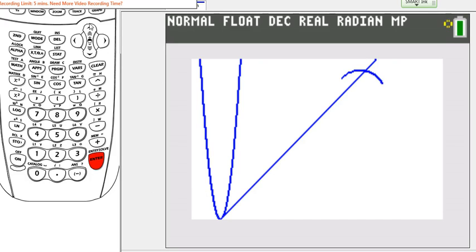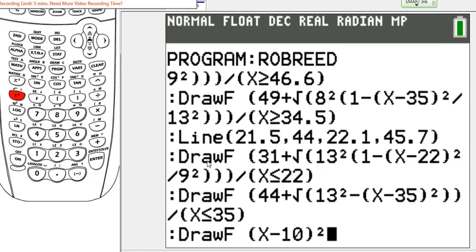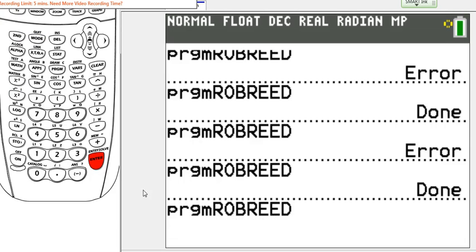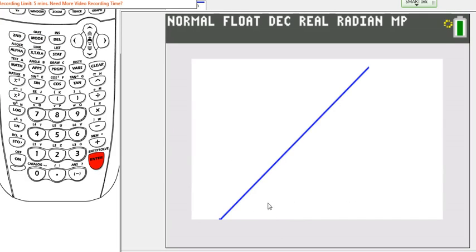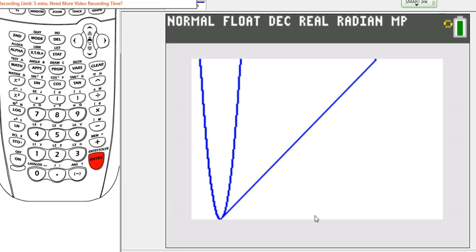But it definitely saves time to graph your new stuff first. So rather than putting it at the bottom, let's say I put my new thing at the bottom, draw f x minus 10 squared all the way at the bottom. When I execute my program, that's going to be the very last thing it graphs. So if I want to see how my new function works, I have to wait for it to